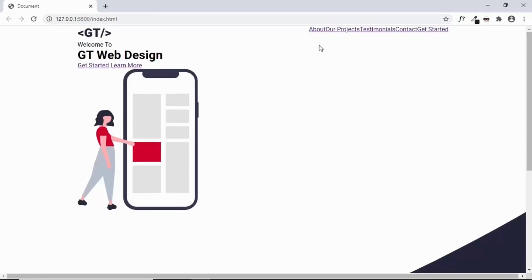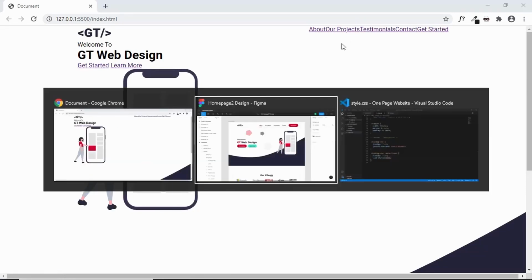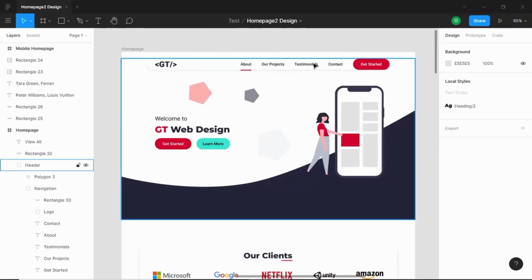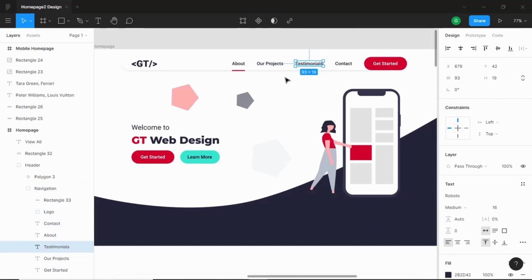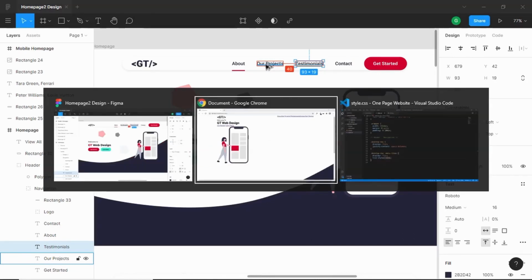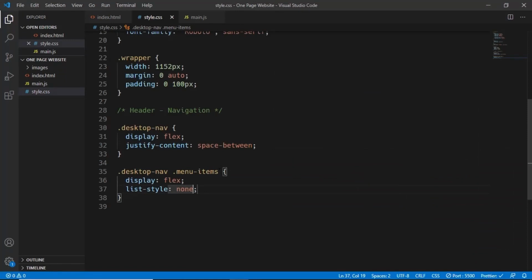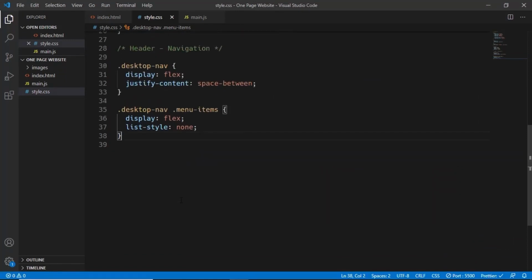Now the next thing to do is we have to set some spacing between these list items. So let's go to our Figma file and let's see what is the spacing. Double click over here and double click once more, and now if you press Alt and just hover over the other element, we can see that we have a spacing in between them of 40 pixels. So let's go to our style.css and let's target the list items. So here we will just type desktop nav menu items li,